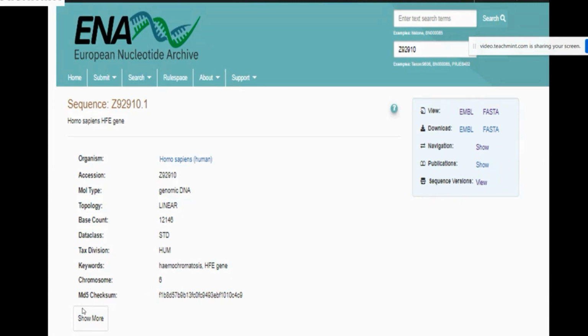The chromosome number is this, and this is the software. Now you can view the EMBL or the FASTA format. You can download the sequence format. You can navigate the page. Means if you click on this show button, it will show you the cross references. Okay. Then you can go to the publication on which this particular sequence has been published, and you can